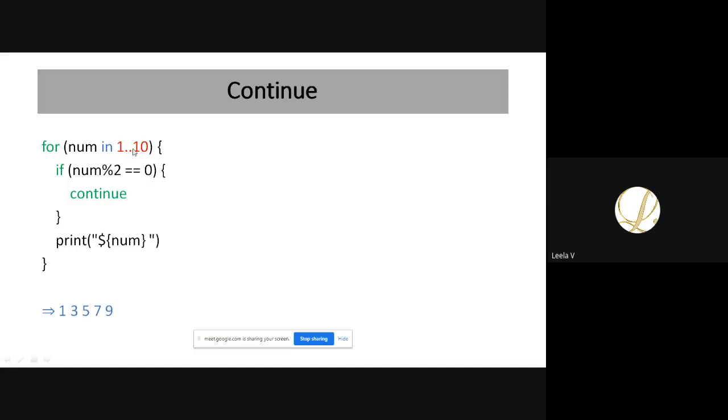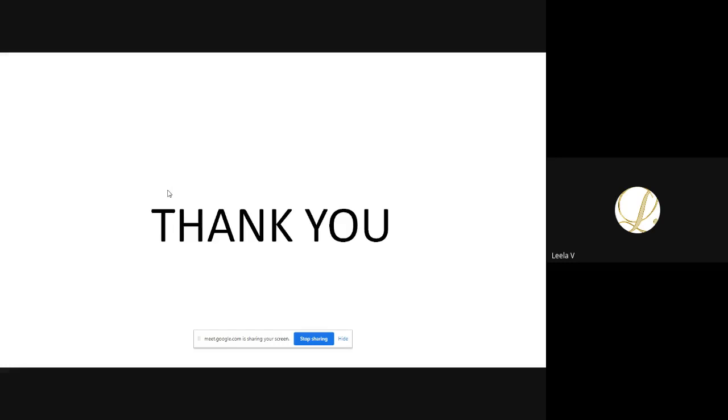When we have a value of 3, which is not divisible by 2, it prints here, and 4, which is divisible by 2, so I'm not printing here. I'm moving to the next iteration. Like that, up to 10, it will execute your results.